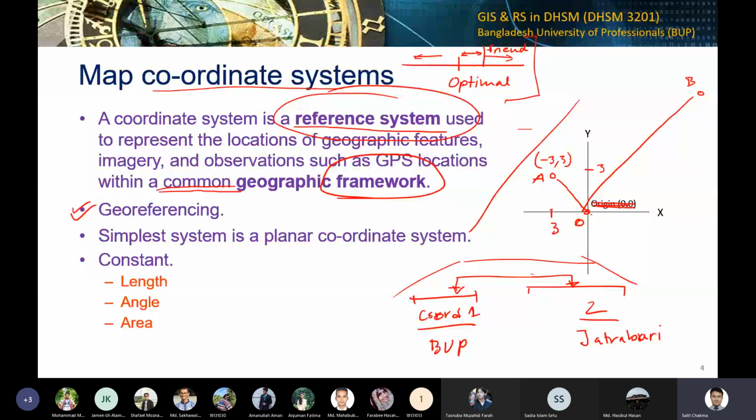It's a two-dimensional diagram. We did the graph when we were at grade 7 or 8, so we understand that easily, clearly. So this planar coordinate system is actually a transformation, or a conversion from a three-dimensional system. And why do I say three-dimensional system? Because the Earth is round. Although there are some cults who say that Earth is flat, we believe that Earth is round. So if it's round, that means it's three-dimensional. The Earth is already three-dimensional.